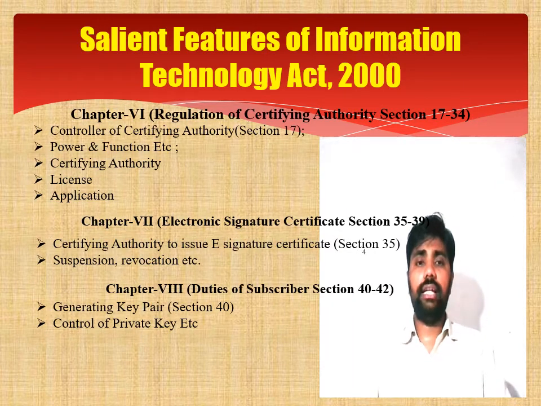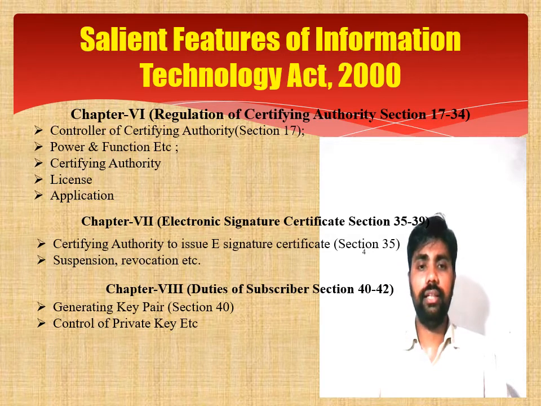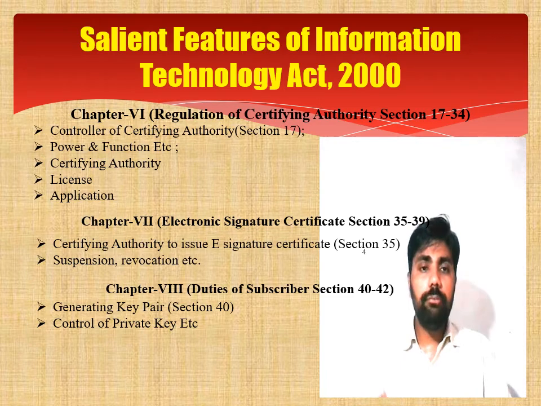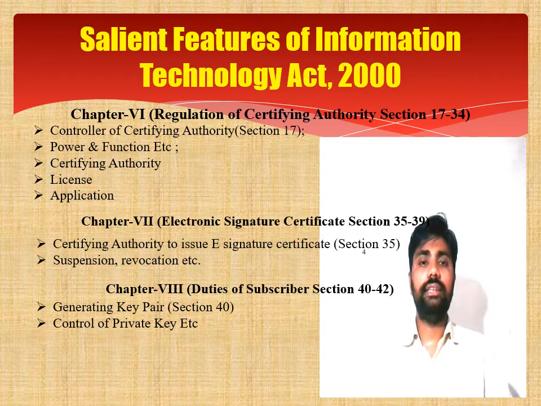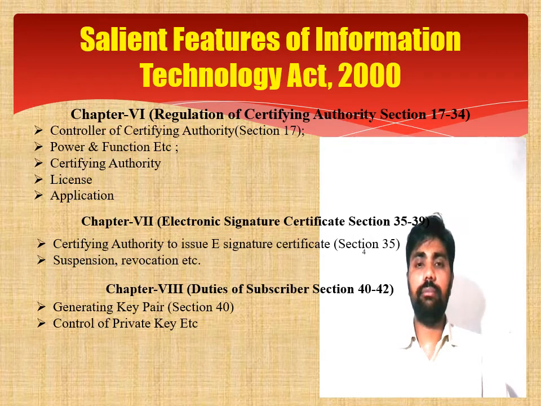Come to another important aspect of the Information Technology Act, that is chapter 6 of the Information Technology Act, that deals with the regulation of certifying authority, and that starts from section 17 to section 34. देखिए होता क्या है कि ठीक है, आपने डॉक्यूमेंट को रिकॉग्नाइज कर दिया legally under section 4, आपने electronic contract को रिकॉग्नाइज कर दिया under section 10A, आपने digital signature को रिकॉग्नाइज कर दिया, आपने electronic signature को रिकॉग्नाइज कर दिया, but how it would be effected, आप इसको implement कैसे करोगे? So that implementation is given under chapter 6 of the Information Technology Act, that is regulation of certifying authority. होता क्या है कि आप डिजिटल सिग्नेचर को इशू करने के लिए एक certifying authority का establishment करते हैं, that is established under the Controller of Certifying Authorities, established under section 17, he is being appointed under section 17 of the Information Technology Act. और कंट्रोलर फिर जो है certifying authority को रिकॉग्नाइज करता है कि now you can issue